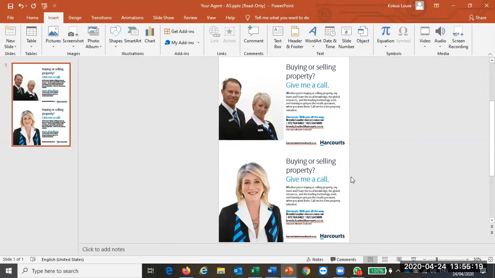If you have a good quality guillotine, you can print that and cut that A4 into two A5s. If you do not have a guillotine in the office, please don't cut with scissors. It just doesn't look neat and professional. If you don't have a quality printer, then I would suggest you pop this design off to your local printer